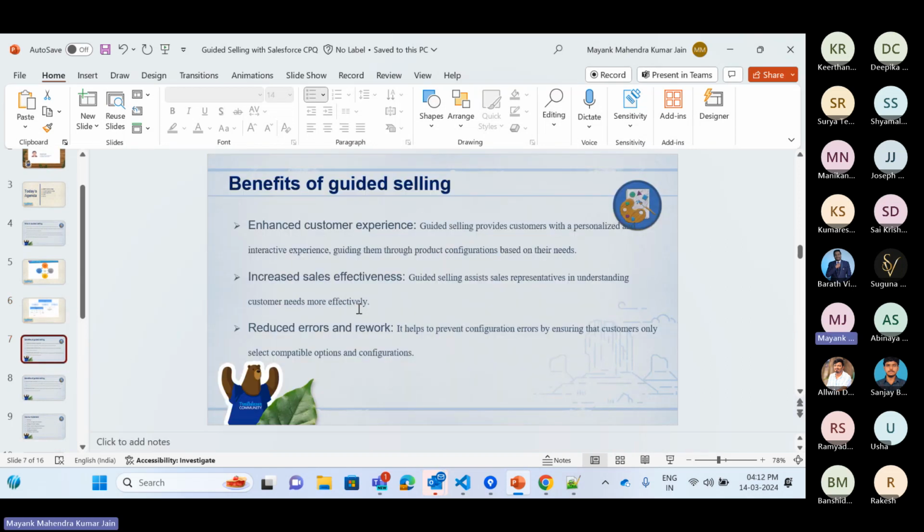So, coming to the next slide, what are the benefits of the guided selling? So, the first benefit of the guided selling is it enhances the customer experience because if we go with the definition of this one, guided selling provides the customer with a personalized and interactive experience because whenever the customer is saying that I want to buy the fabric, so the